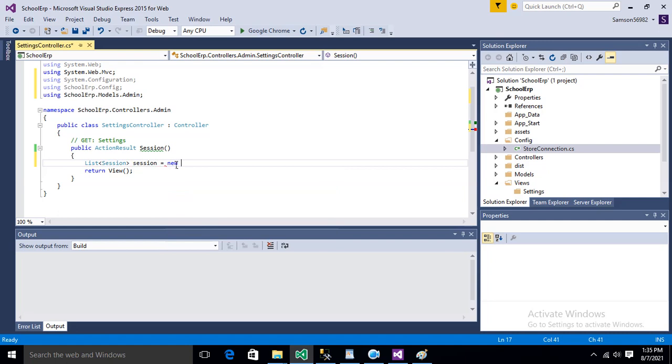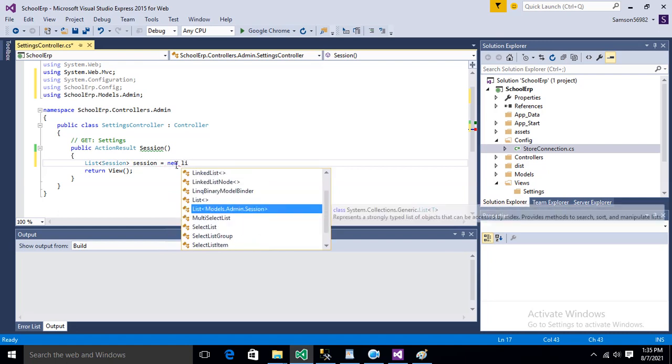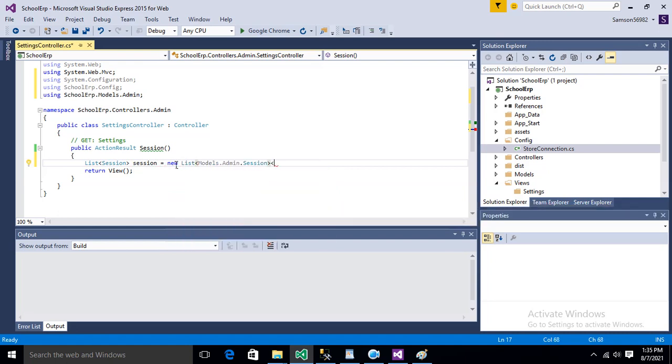Let's do new list. I'm trying to list out the entities, all the columns we have in the data in the table. So I'm using list. So now using